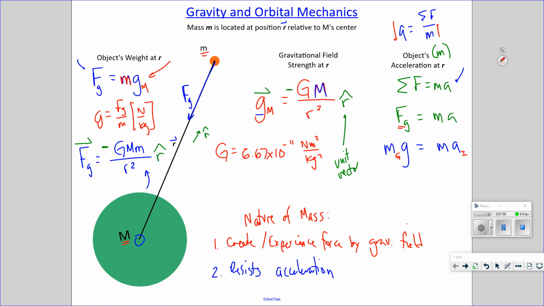The fact that objects are hard to accelerate, or to varying degrees hard to accelerate, has nothing to do with the fact that they create gravitational fields. It has nothing to do with the fact that they are pushed or pulled on by gravitational fields. So those aren't the same thing, except, oh, I put the I in the wrong place. You probably noticed that. The inertial part goes here, inertial mass. Those aren't really the same idea, except they are.